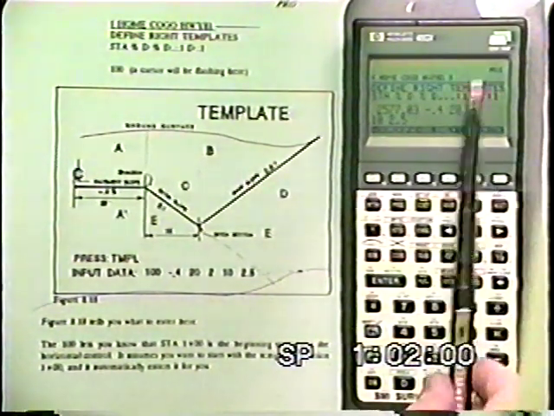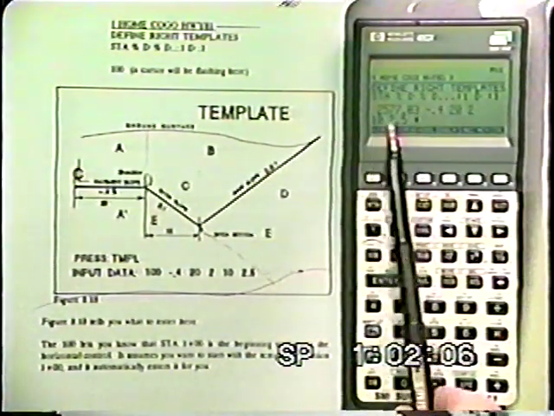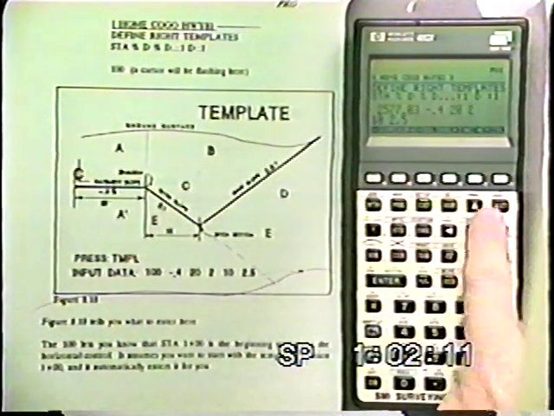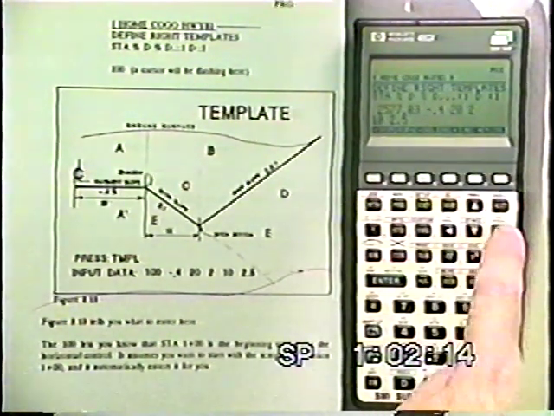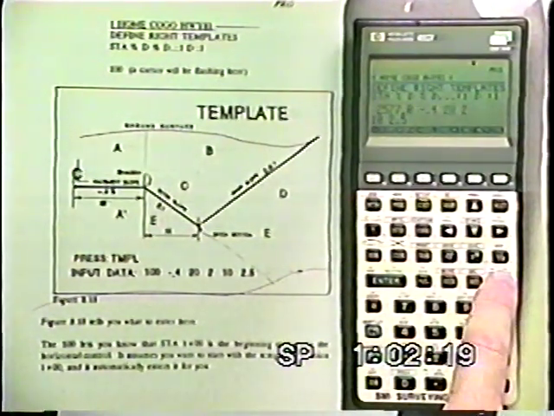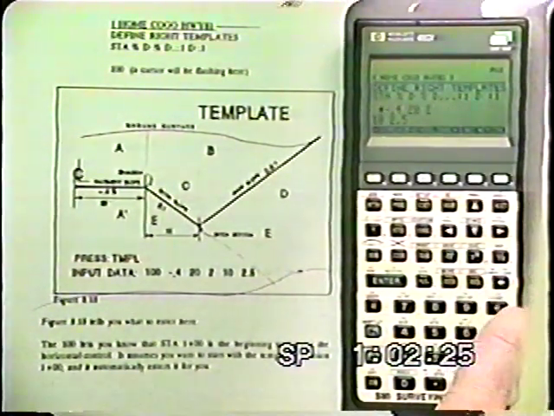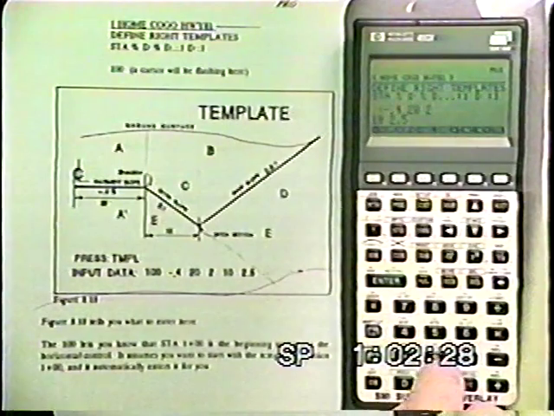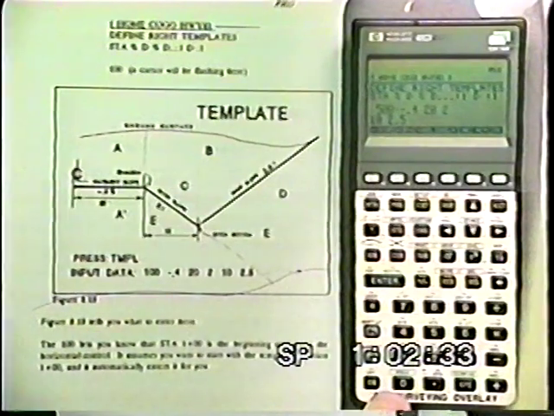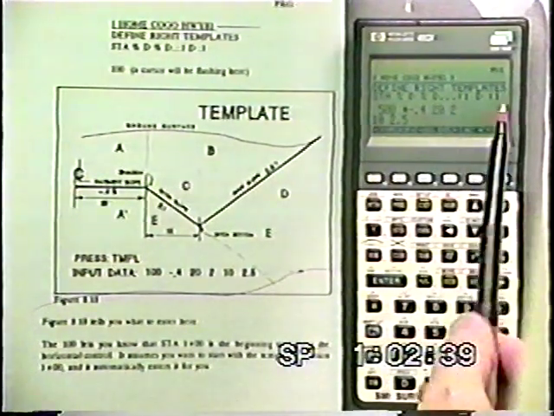Notice what happened here. It projected all the way to the end of the project, the same template. However, if we wish, we can use the cursor keys to move up and cursor right and delete left, and we can get rid of that station number and key in some new station number. Let's say that we're going to station 5 plus 00, and we're going to enter a new template, space,